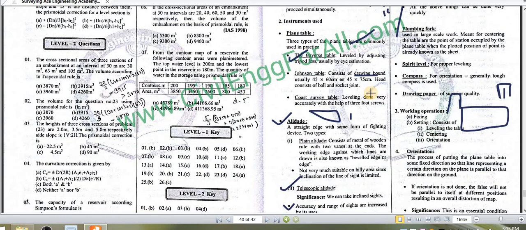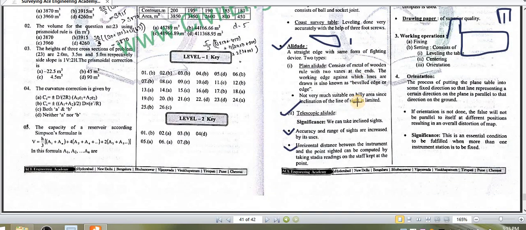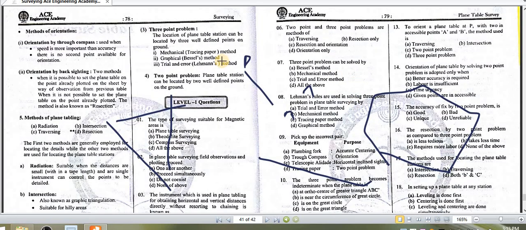Orientation, as I have told you, you need to maintain, because surveying work is not possible from a single point. Whenever you mark the direction of north, you need to maintain that direction throughout all the points. For that purpose, orientation is done. There are basically 2 methods of orientation in plane table surveying: orientation by trough compass and by backsighting. The trough compass is not a suitable one because it can be affected by electrical fields, but orientation by backsighting is a very accurate method, and it can be used over the trough compass method.